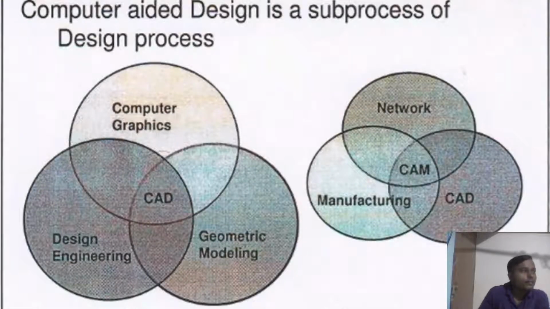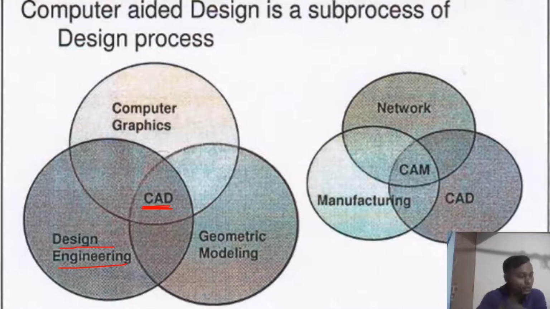Next, computer design is a sub-process of the designing process. Already I told you that we take one problem and provide the solution for that with the help of computer. Taking one portion is called CAD. CAD consists of design engineering.